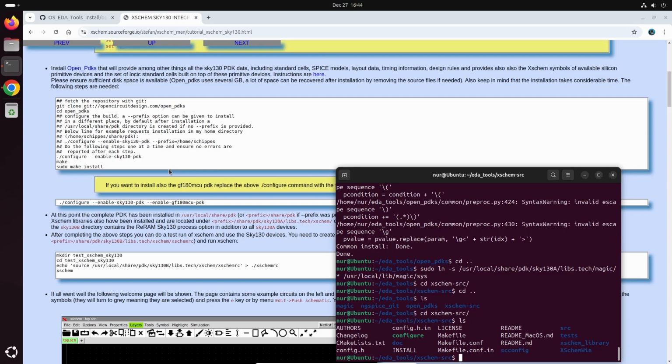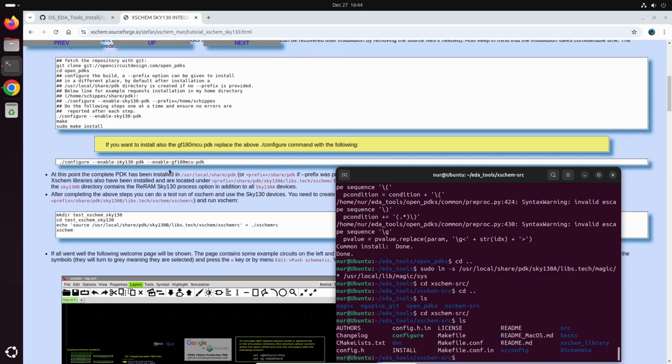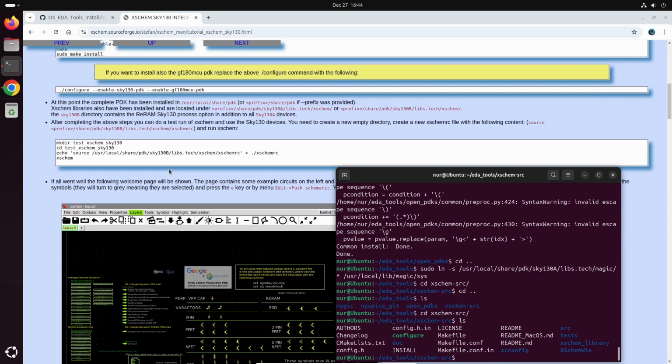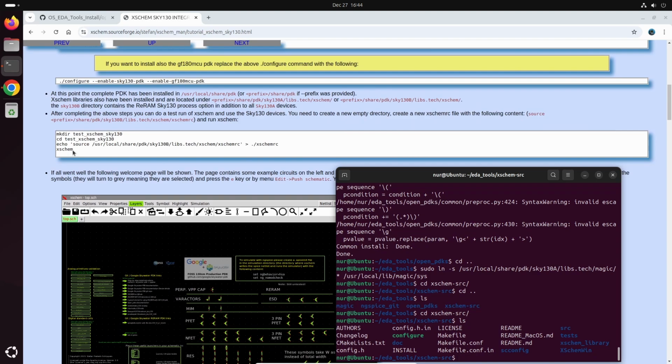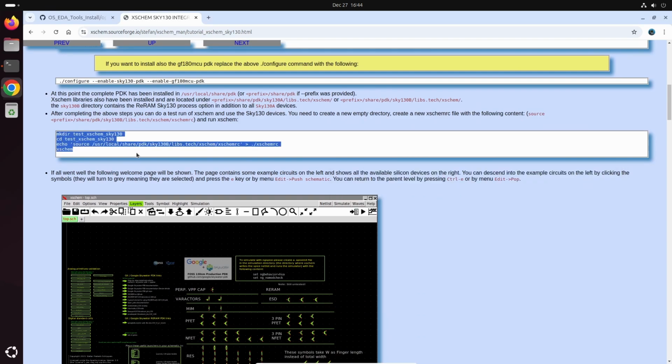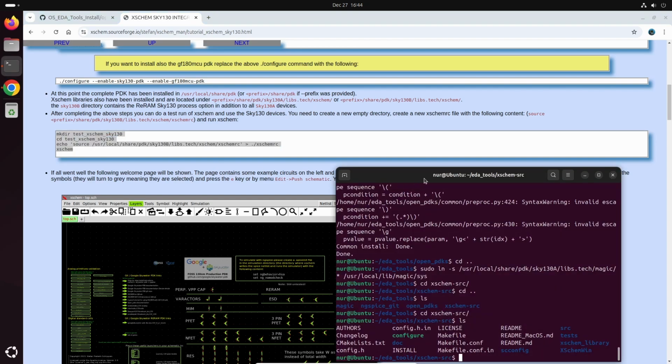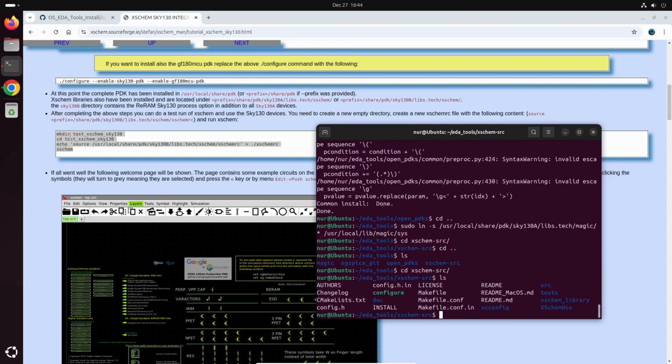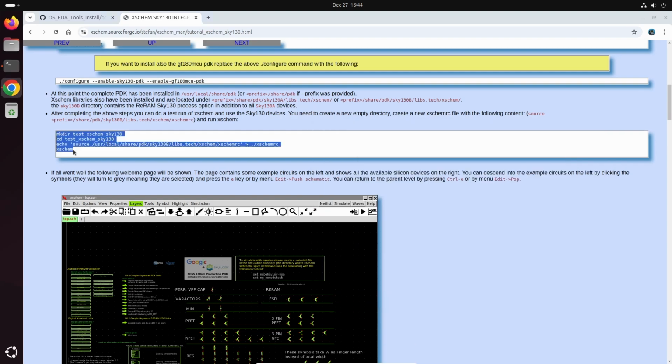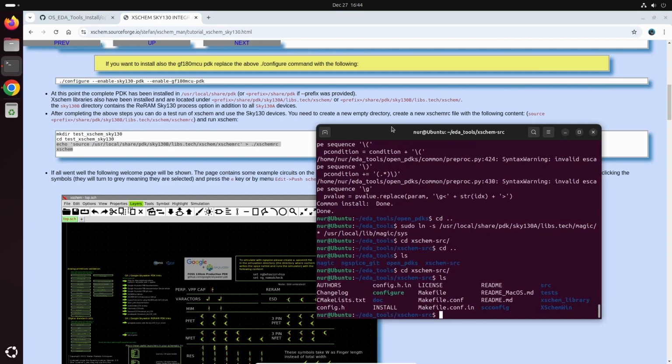So now, the final step is to test and open Sky130 nanometer example circuits. Let's have a look. So it basically makes a directory, the test, and then goes inside here and then invokes the tool Xschem. So as I said before,